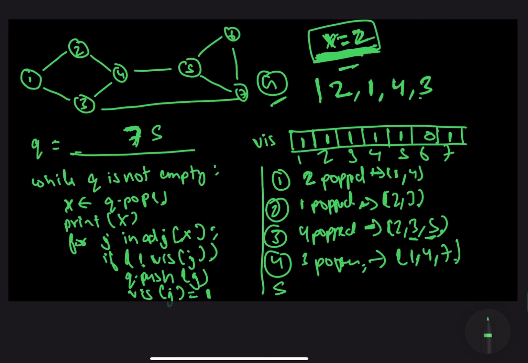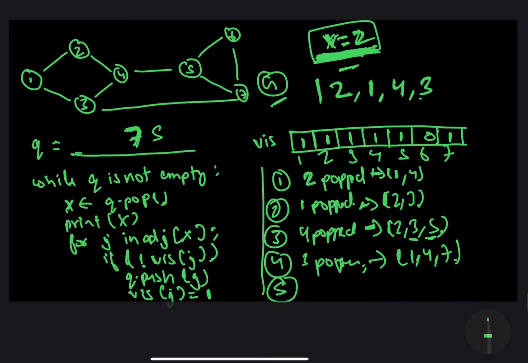And then now coming to the fifth iteration, the frontmost element of the queue is equal to 5, so 5 will be popped. And since we are iterating over 5 now, let's just append that over here. And we will iterate over all the nodes which are adjacent to node 5, that are nodes 4, 6 and 7.